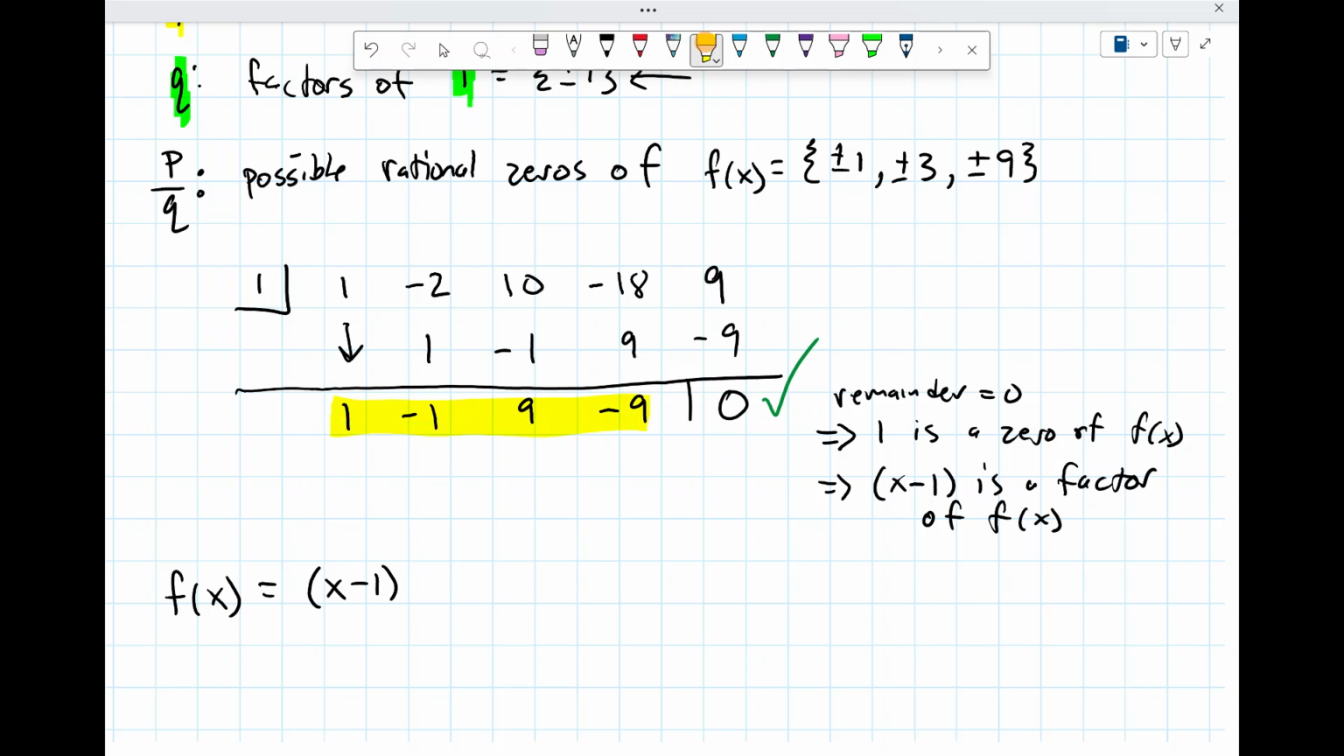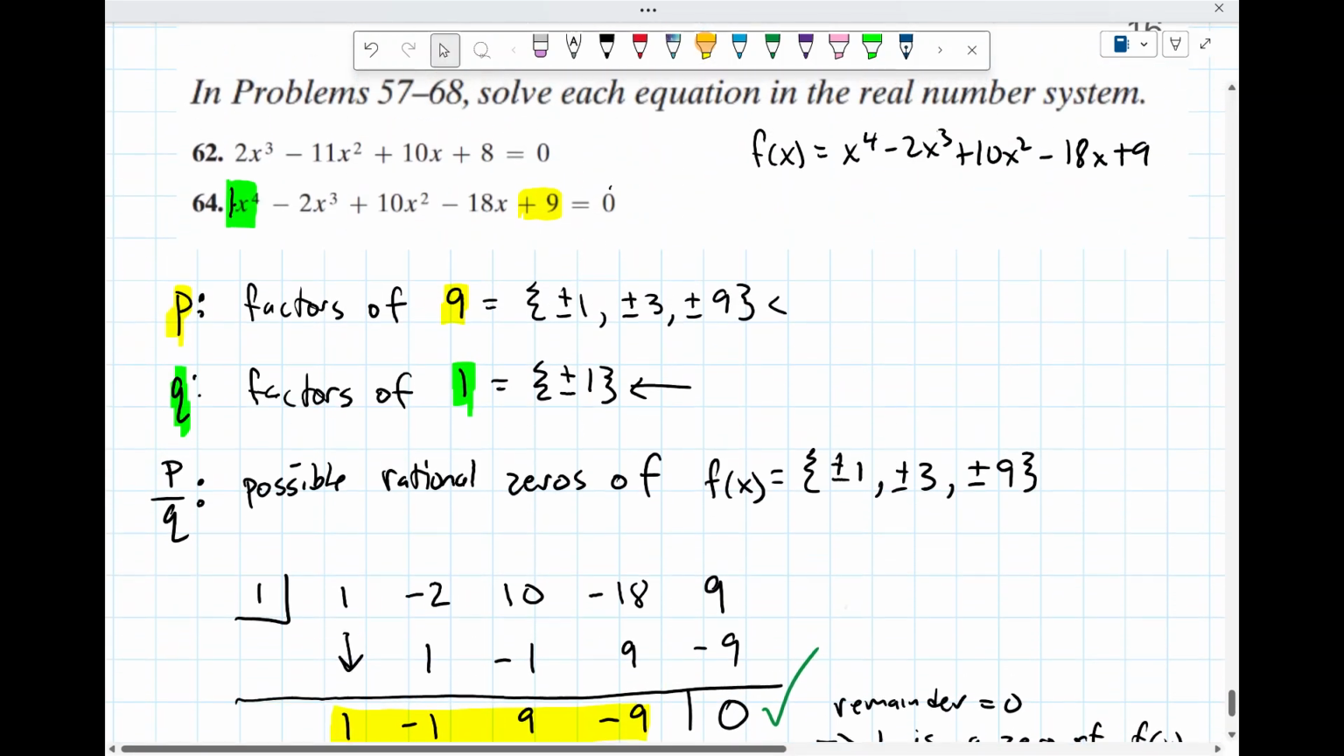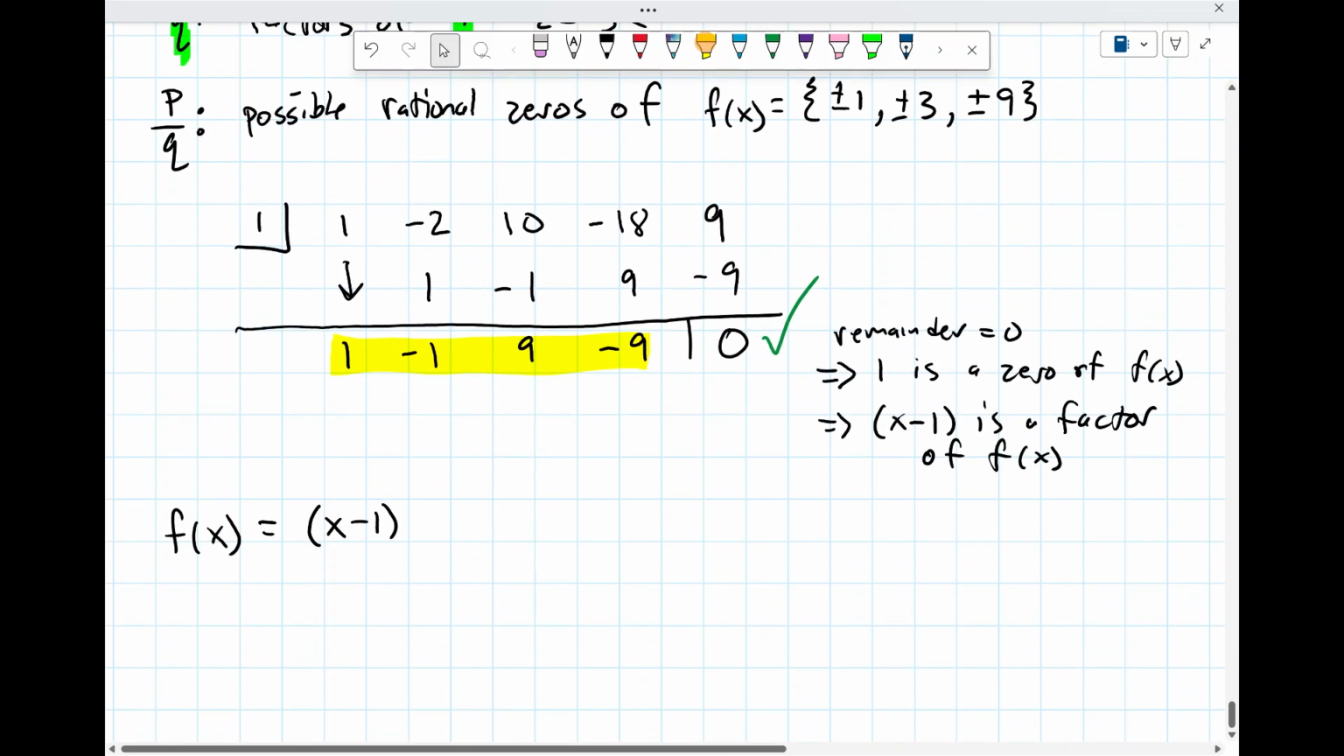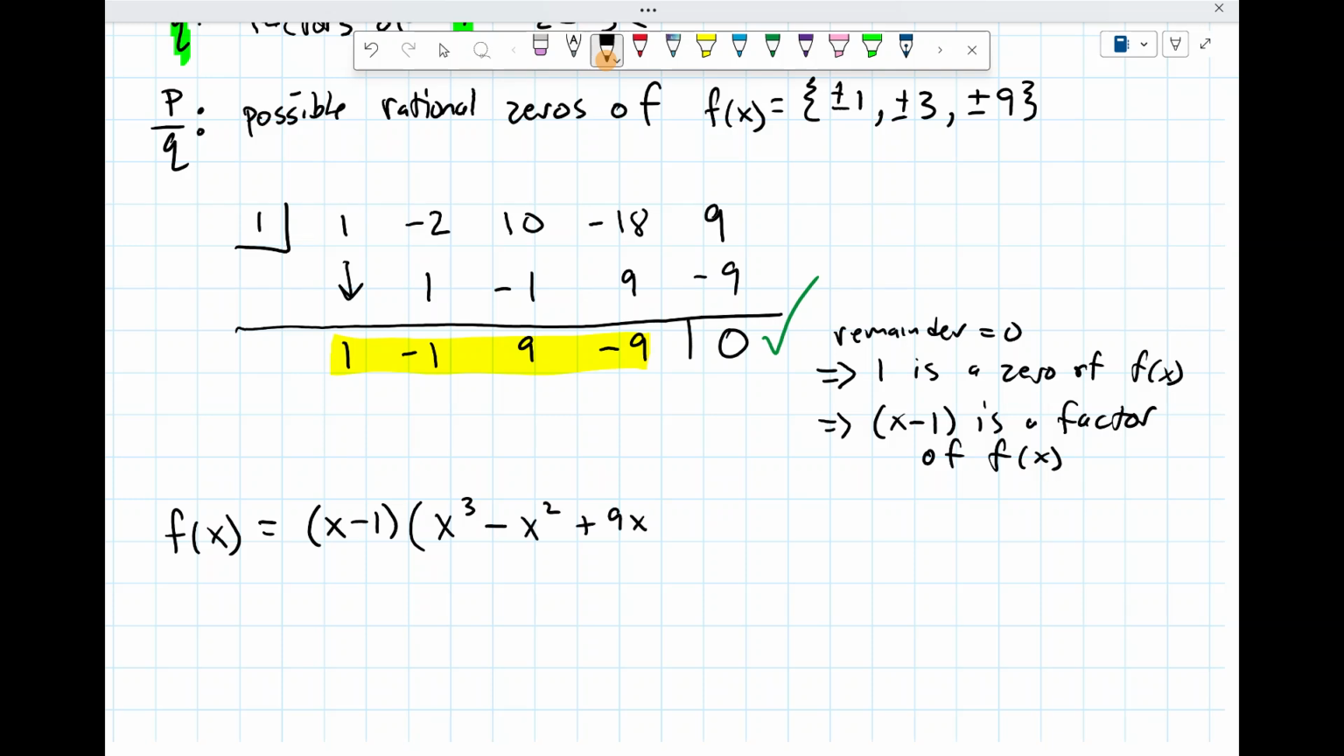Now, the original polynomial started at degree 4, so when we divide out a polynomial of degree 1, we'll be left with a polynomial of degree 3. So this would be x to the third minus x squared plus 9x minus 9. Okay? And so now